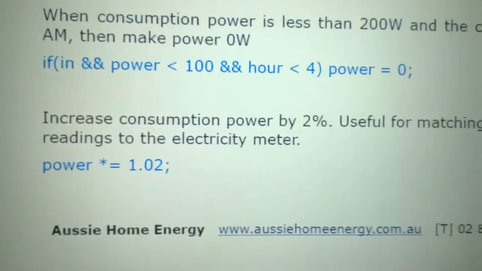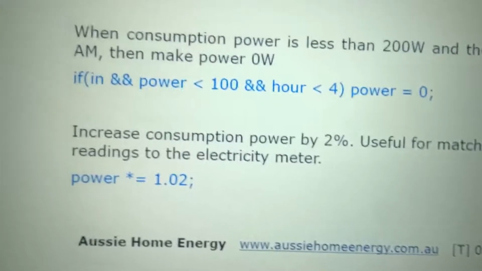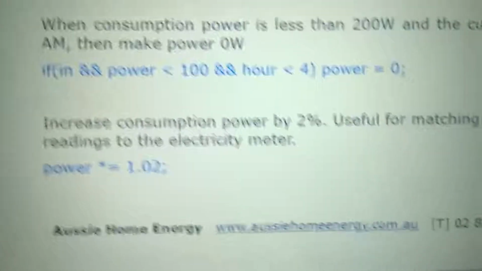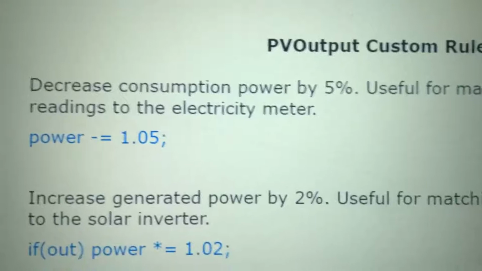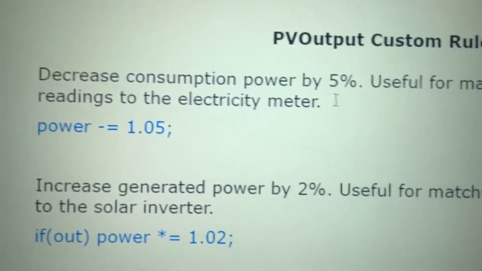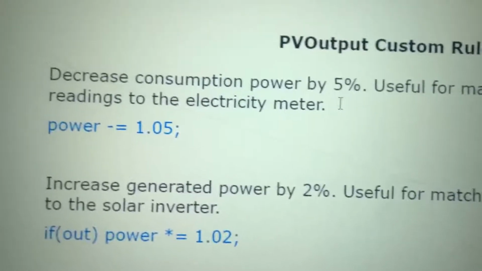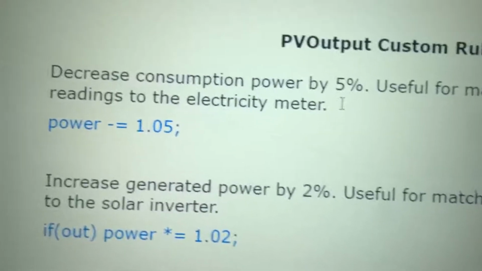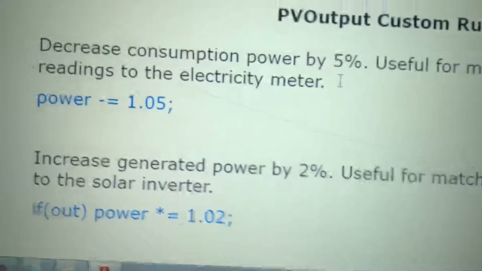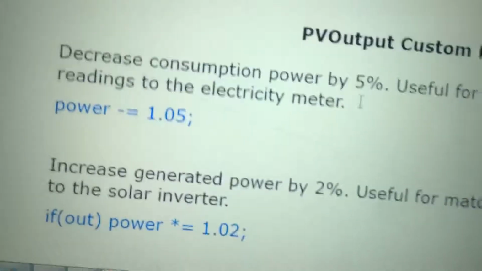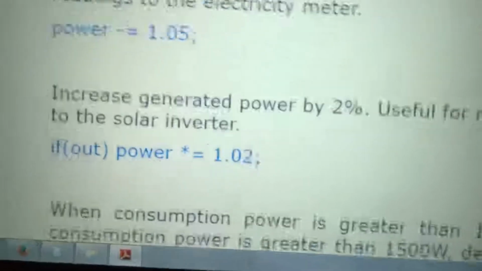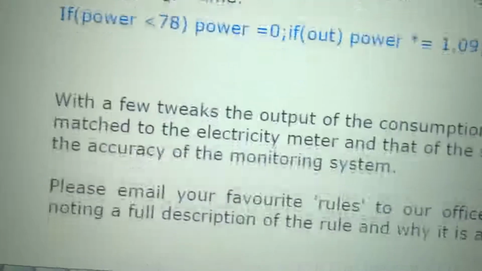Increase consumption, so that's if your live output data is less than your inverter, you want to increase it. So I'll be using a decrease consumption. So once I figure out the percentage difference between what the Engage hub has generated versus what my inverter says, I'll get a percentage. I put that through, I do the formula, and then I can use this multiplier. There's a few other rules as well, so these come in handy